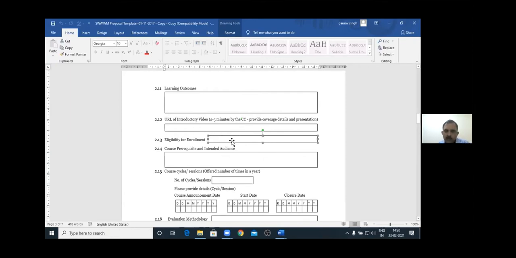Eligibility for the enrollment. Who is your target audience or target learners? In the previous template, this term was target learner. Here the term is eligibility for the enrollment. That is, if there is any prerequisite for the course, then